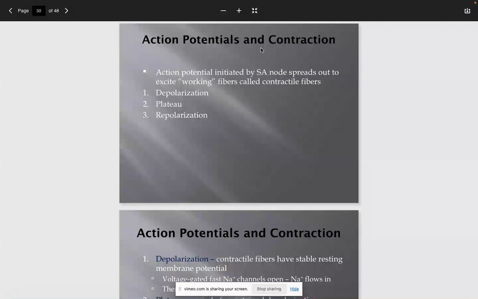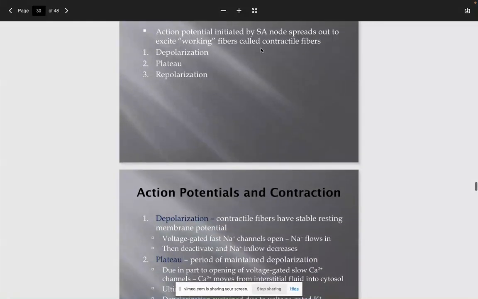During depolarization, the membrane is becoming more positive. Repolarization is when it's becoming more negative, back down to the resting membrane potential. There's also something called hyperpolarization, which is when it becomes more negative than it previously was. So this is the neuronal action potential, and now we'll work our way into discussing the cardiac action